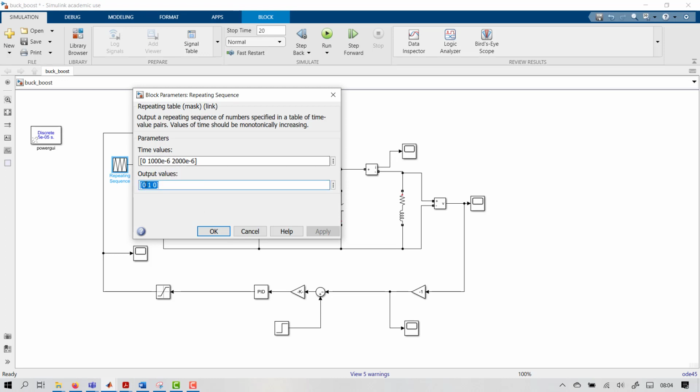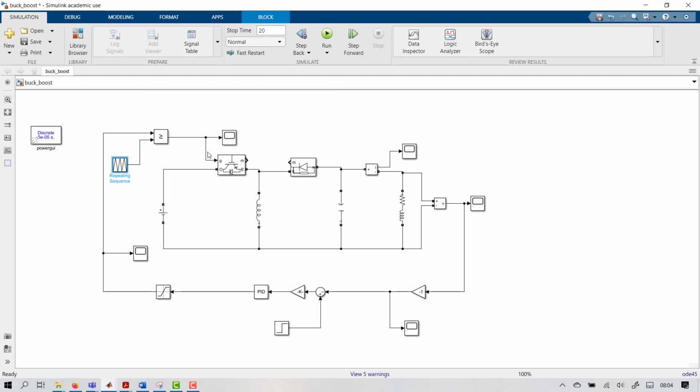From 0 it is going to 1 and it is going to 0 again. So the total time period is 2000 into 10 to the power of minus 6, that is 2 into 10 to the power of minus 3. So it will be something like 5 kilohertz frequency. You can increase or decrease the frequency. Whatever error signal you are getting, you are comparing and generating the duty.